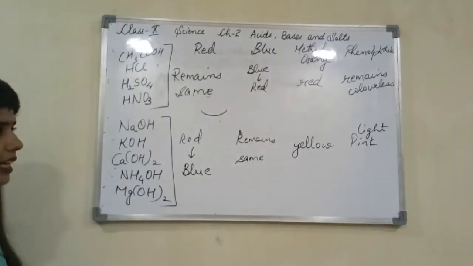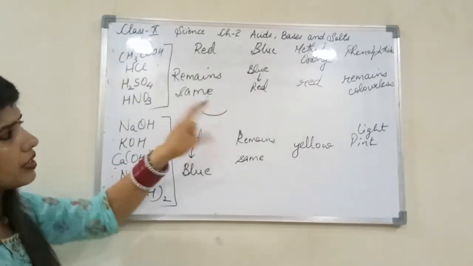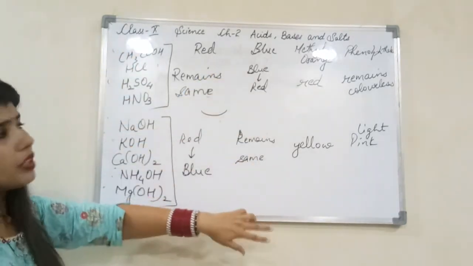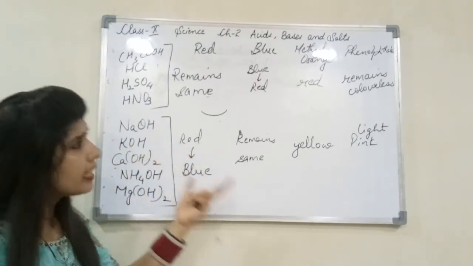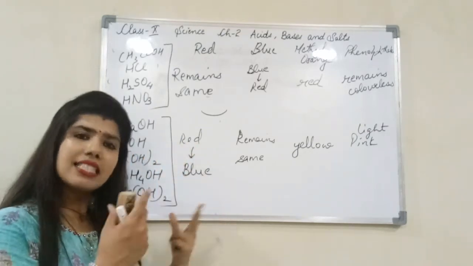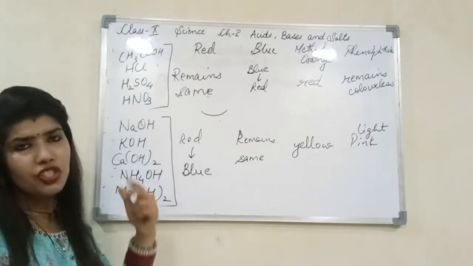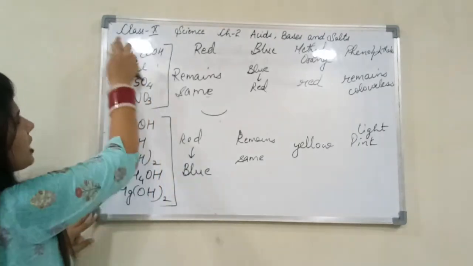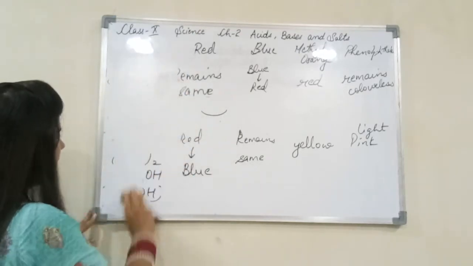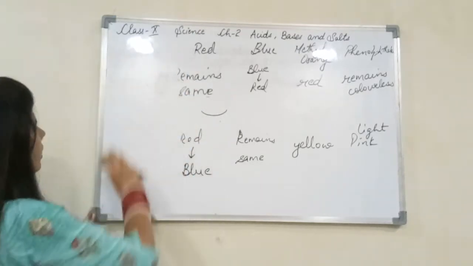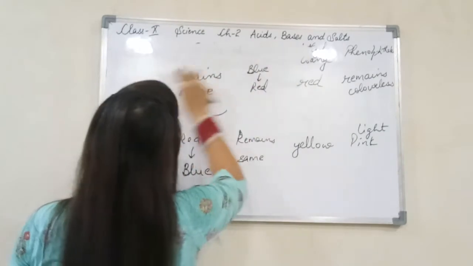Now moving on with the next activity, and one more thing. What's the conclusion that comes? This is observation. What conclusion comes from this activity? The conclusion is there are indicators that let us know something is acidic or basic by the change in color. The next activity is based on odor change. In next activity you will get to know what happens.